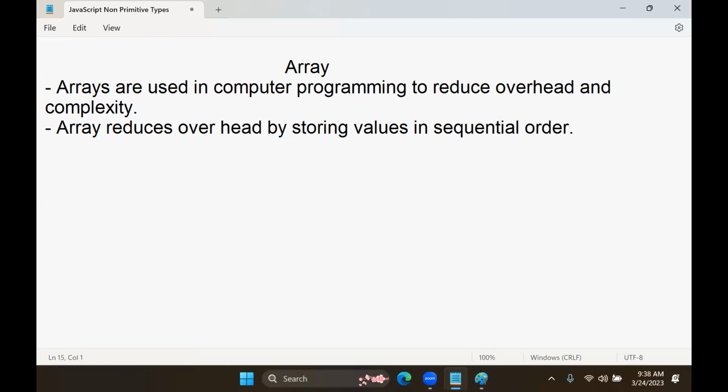Arrays, how can they reduce overhead? They can reduce overhead by storing values in a sequential order. If values are stored in a sequential order, then overhead will not happen. Another important point, arrays can reduce